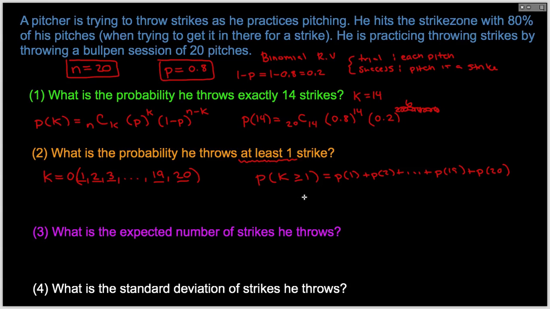No, there's a better way for this, because the probability that k is greater than or equal to 1 is equal to 1 minus the probability of the complement, so that this doesn't happen. What's the complement of k being greater than or equal to 1? Well, it's just k not being greater than or equal to 1, which means that k is equal to 0. So we say it's 1 minus the probability that k is 0. And, well, it's really convenient normally to find that. The probability that k is 0 using this formula up here